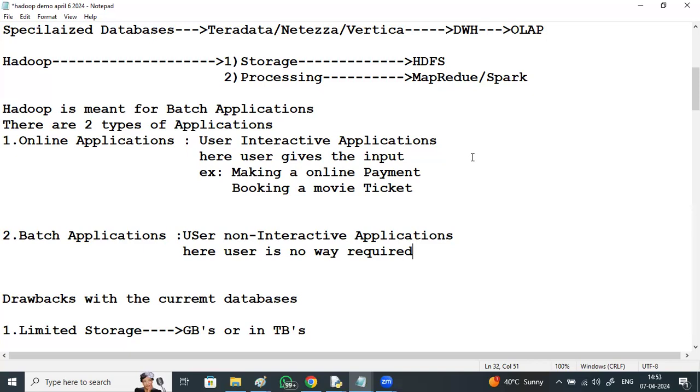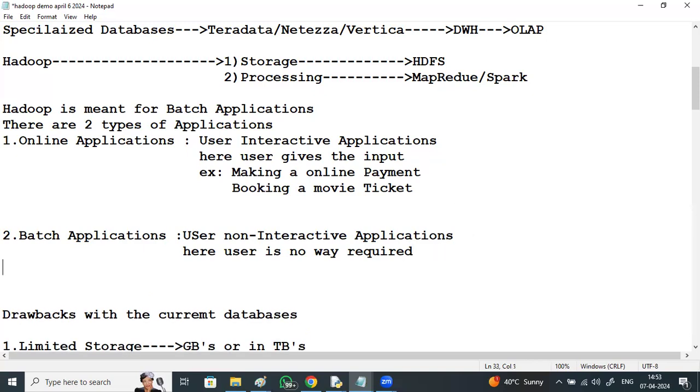Examples of batch applications: for example, railway ticketing.